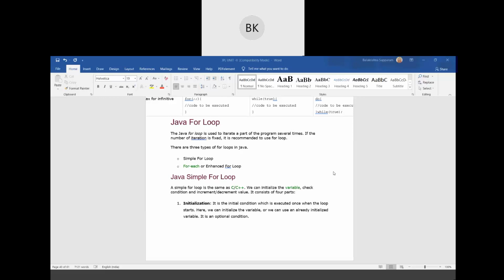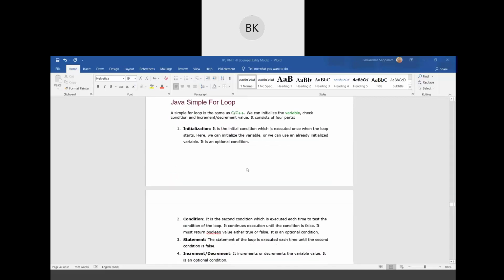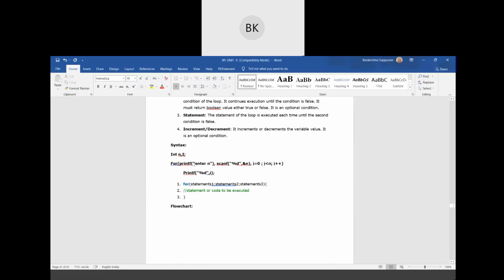Until the condition is failure. This is the main difference between decision making and control structures. Okay, decision making and control structures. Then coming to here, having the simple for loop and for each. Okay, the syntax of the for loop statement is